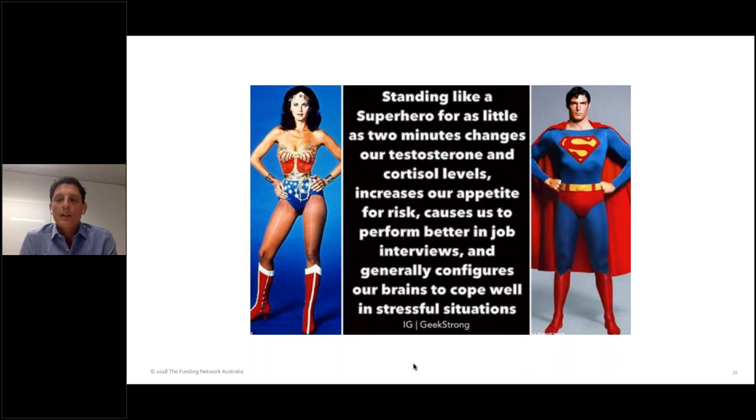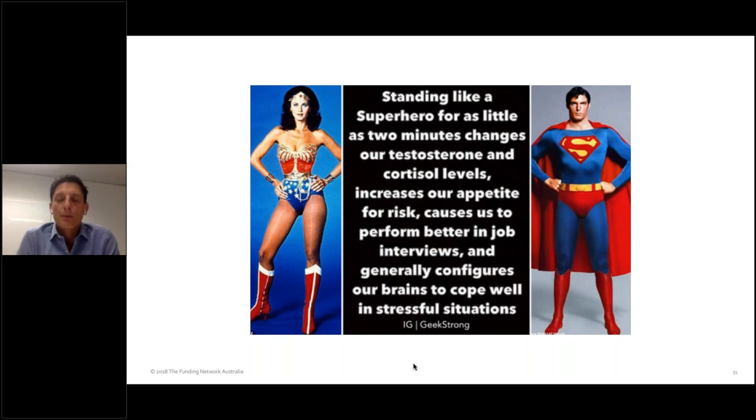It is scientifically proven that if you stand upright with your hands on your hips, push out your chest, hold your head high, and stand in what in yogic terms is called mountain pose, then this will drive up your testosterone levels and drive down your cortisol levels, which are the hormones that are the counteraction to nerve and the creation of cortisol. The testosterone and cortisol are both an enormous influence on how nervous you feel.